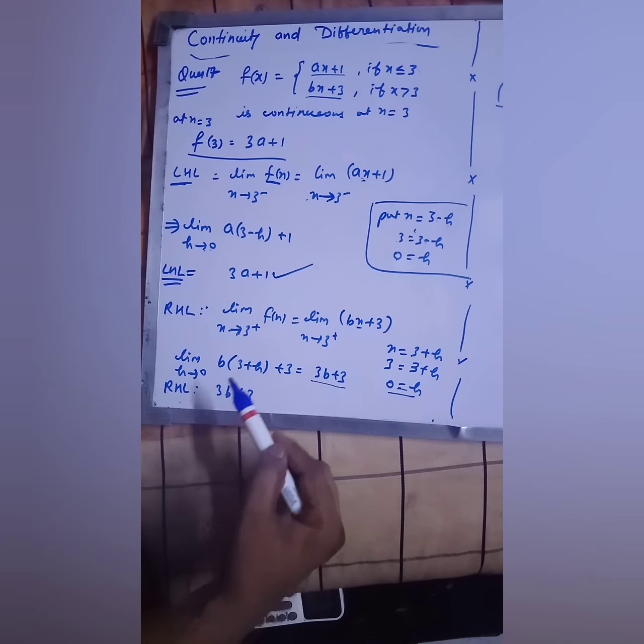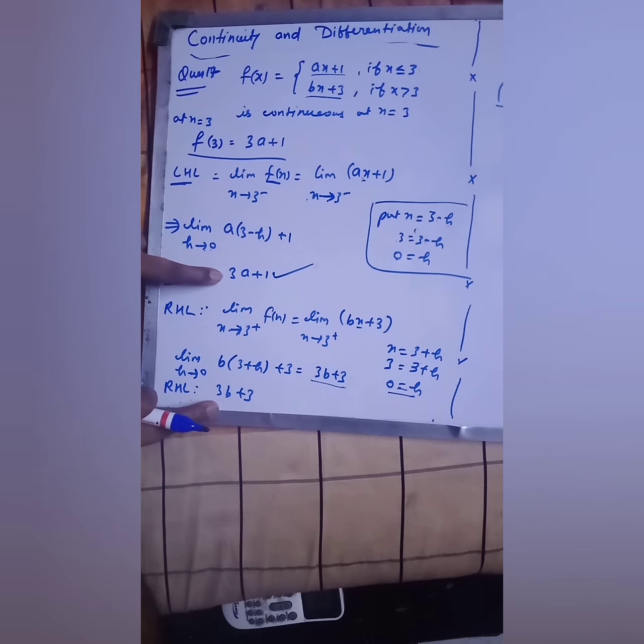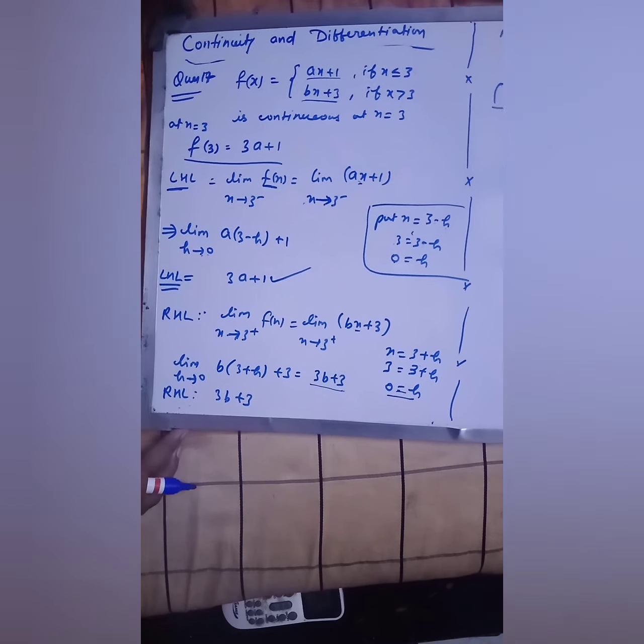This is your RHL, and this is given to us, the function is continuous. So what I am doing, I am putting LHL and RHL both equal. So this value and this value will be equal, because here it is given to us the function is continuous. Okay, so both RHL and LHL